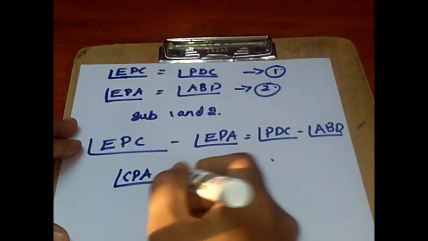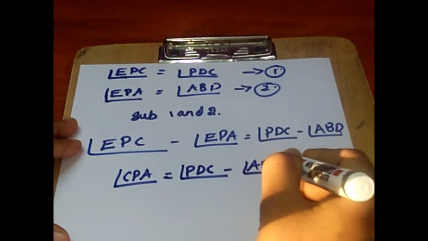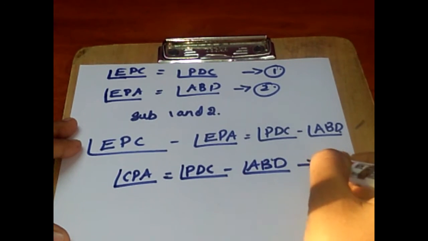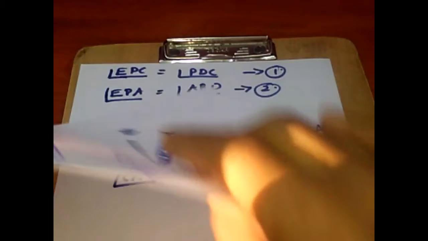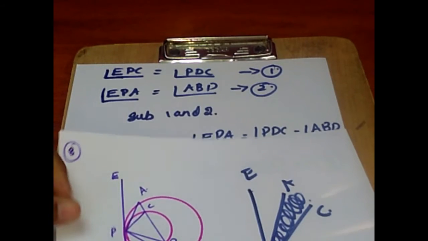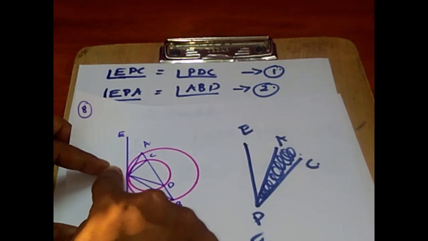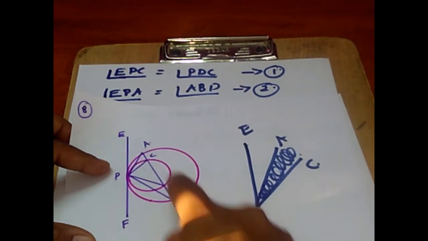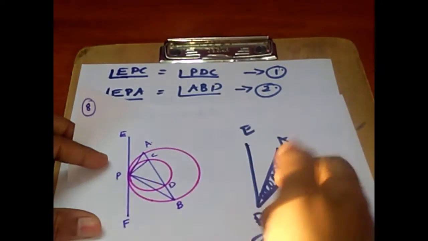Now we only need to look into our right hand side. What do we have on the right hand side? Angle PDC minus angle ABP. Let us mark this as result number 3. So these are the problems which we need to think about in a different way, children. Now we move on to the diagram. We need angle DPB, but instead of that I have angle PDC and angle ABP. So what to do?